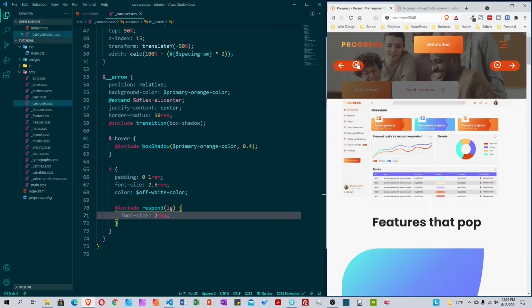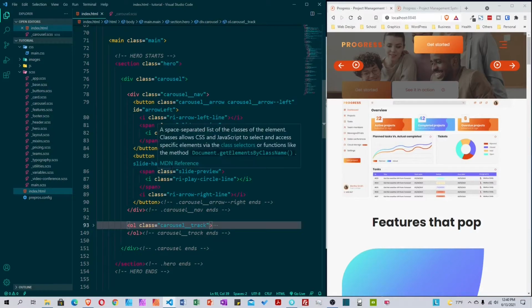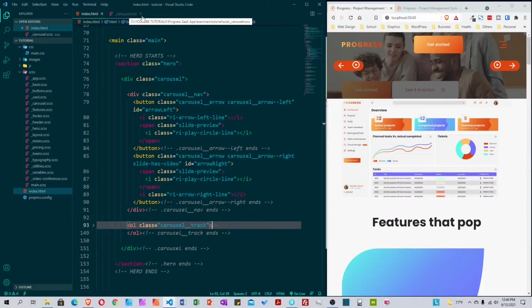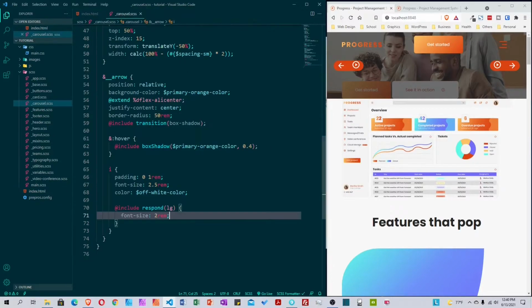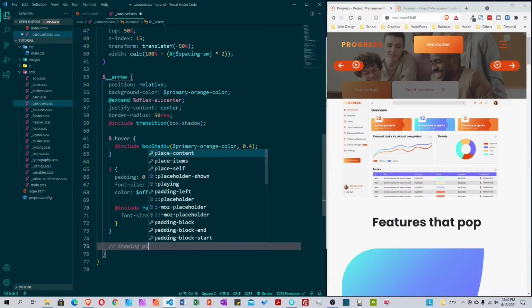Now for our play button right here, we want to do something where we only show it if we have a video. Remember, we gave it the class slide is video. We only display the button when this is showing. So the play button inside this slide preview. After this one, is showing play button,